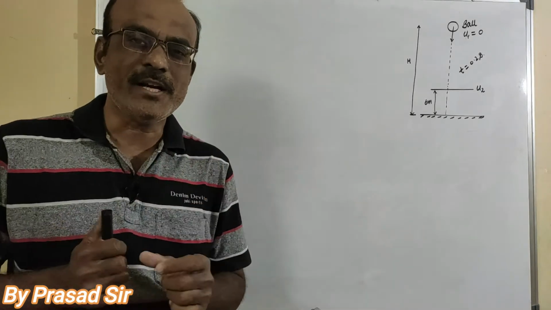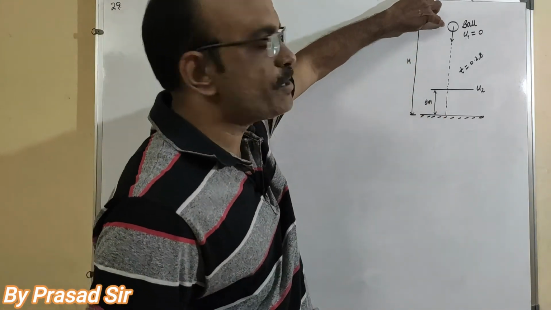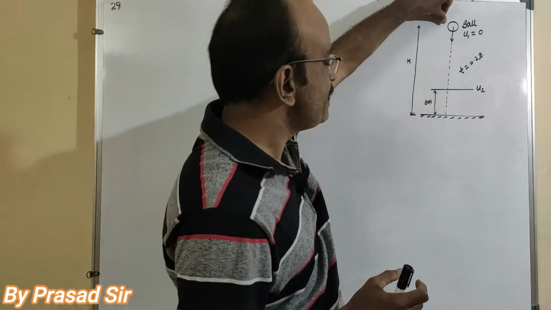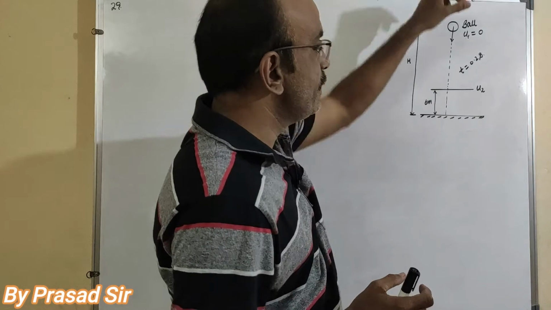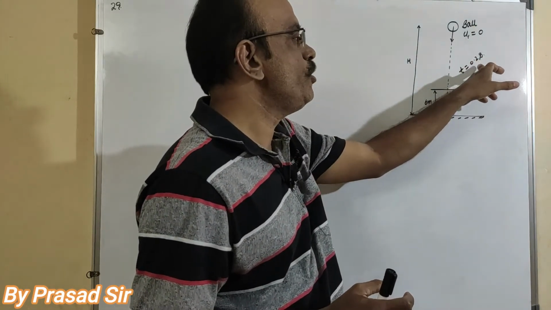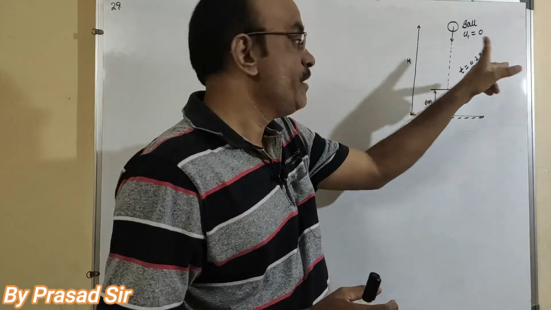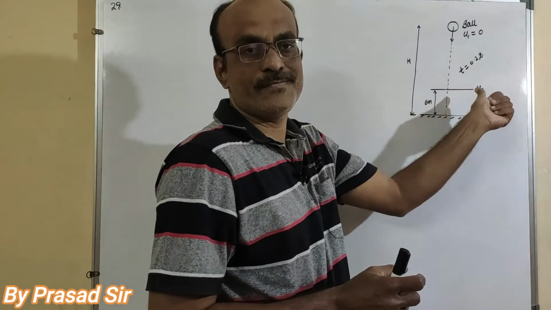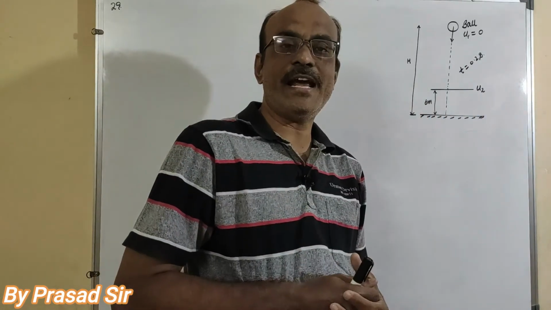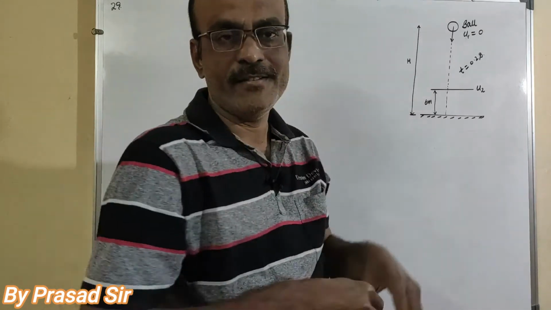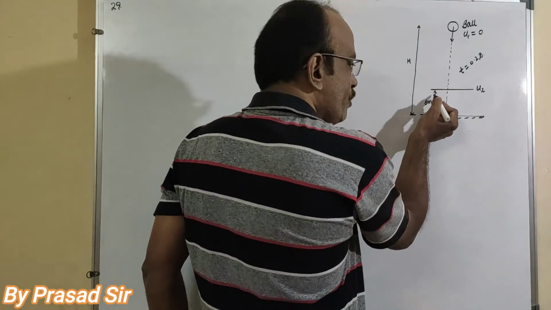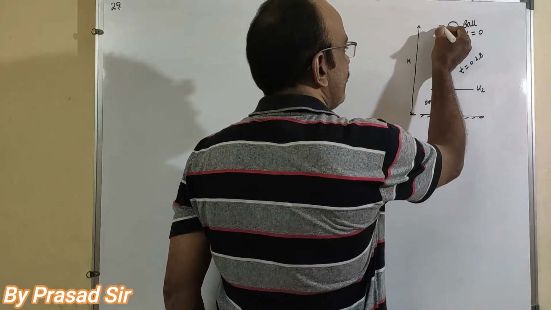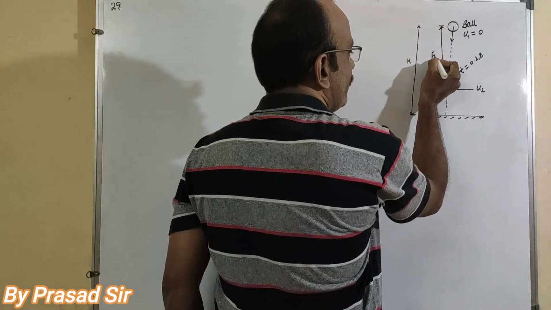In this question, what is given here? A ball which is dropped from a certain height. That means that height, that is H. This ball dropped from a certain height means at t equal to 0.2 seconds, the ball crosses the 6 meter distance from the ground. So here, which one do we want to calculate? The total height required. So from the ground 6 meters, this is okay. But from here to here, I will take this distance as a small h.